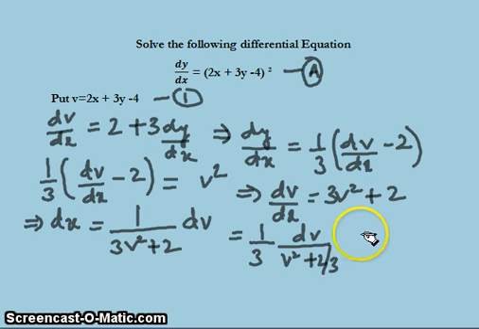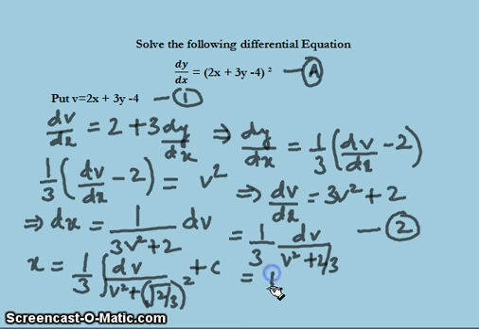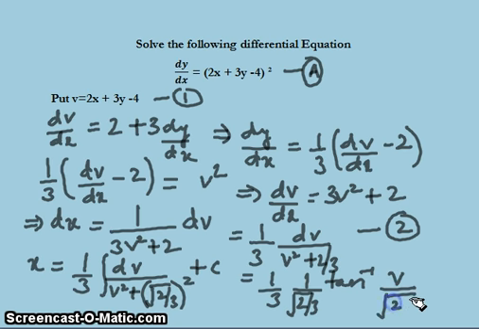Now on integrating both sides of this equation, which is labeled as equation number 2, we have x equal to 1 by 3 integral of dv by (v squared plus (root of 2 by 3) whole squared) plus c. This is equal to 1 by 3 times 1 divided by root of 2 by 3 tan inverse of v divided by root of 2 by 3 plus c. This gives us the solution of this differential equation, which was reduced to variable separable by substituting